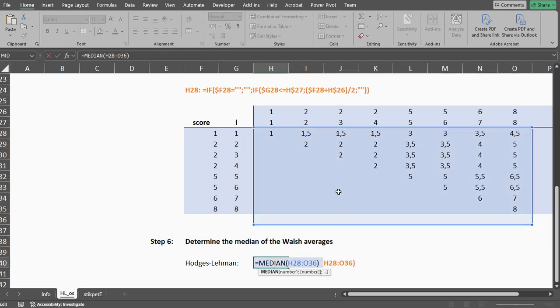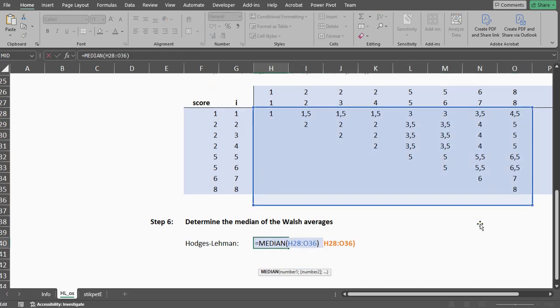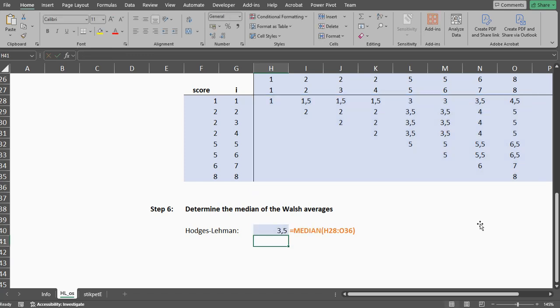So I'll simply use the median function, select the entire range, and that gives us 3.5 in this case as the